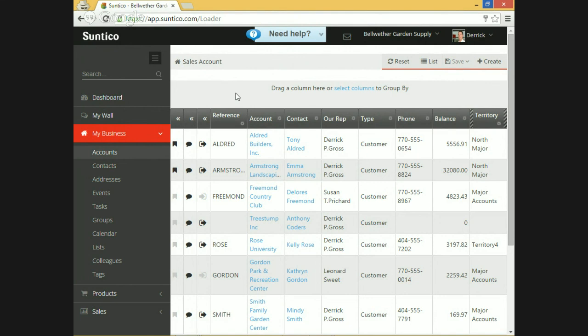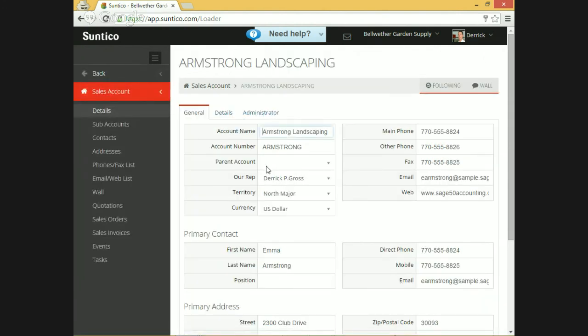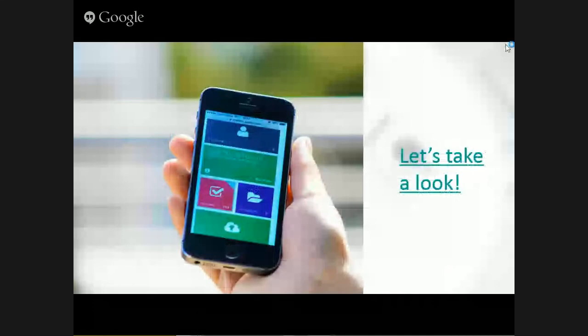So in a very simple way, what we've done is we've granted very deep access to an individual rep for his set of accounts, showing all the orders, the invoices, the history, the products the customer has bought, but just for those customers. Plus, we've included an additional list that we've called major accounts. Now we can turn that on or off as we want. And if we go back to the main presentation,